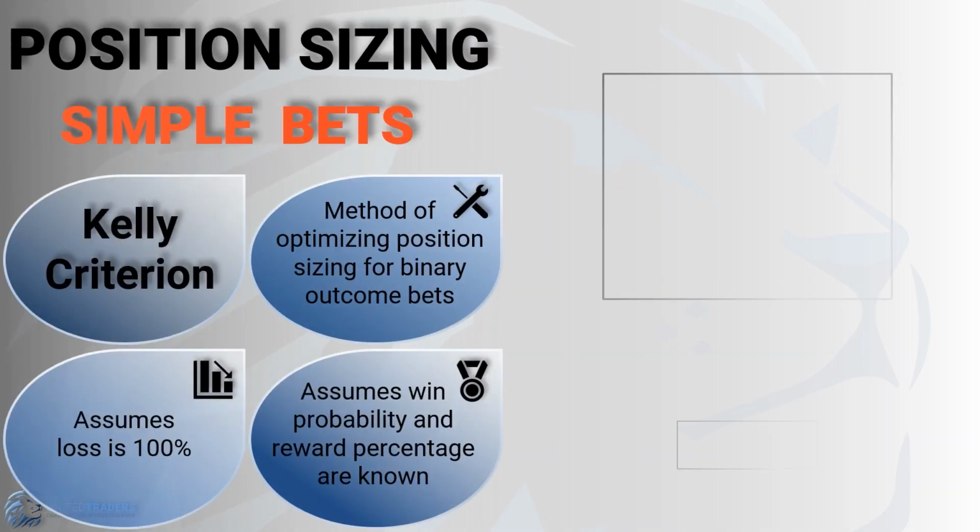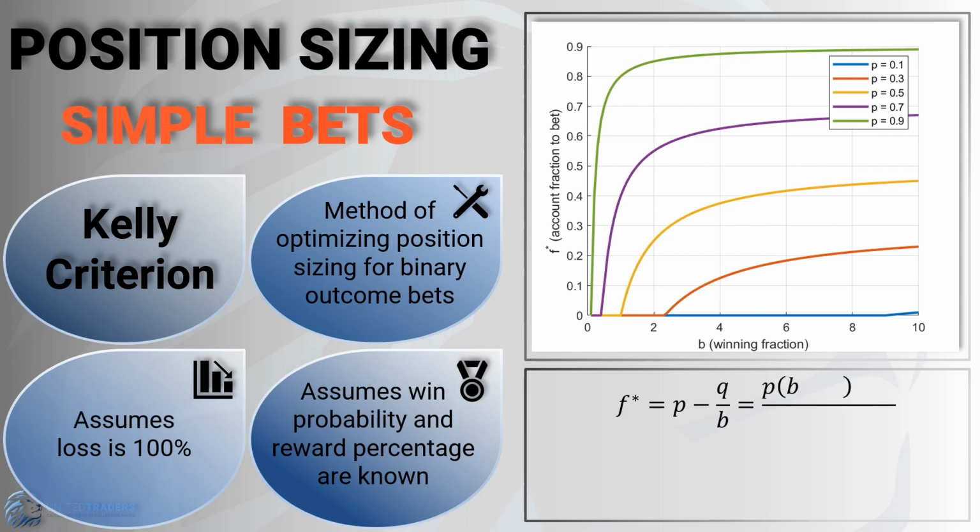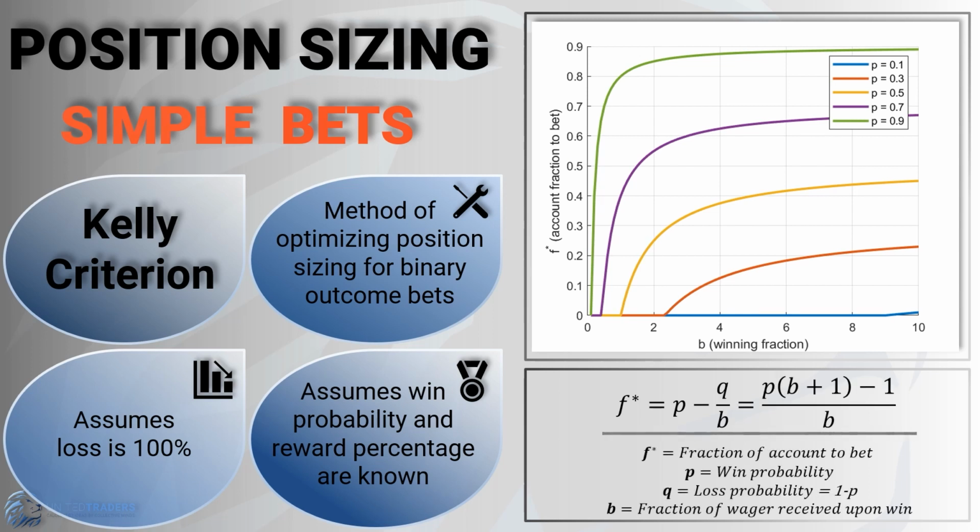The Kelly criterion for binary outcome bets provides the optimal proportion of an account to bet when the probability of winning is known and the outcome is either a fixed multiple of the bet size or a 100% loss of the bet size. If a strategy has been sufficiently tested to determine the probability, this equation allows for the fastest account growth possible over a large number of bets.